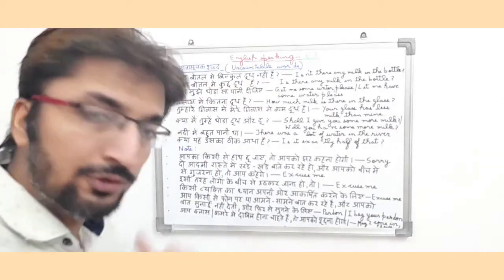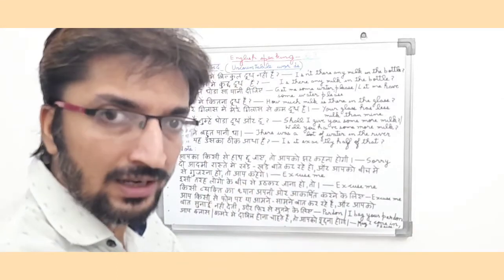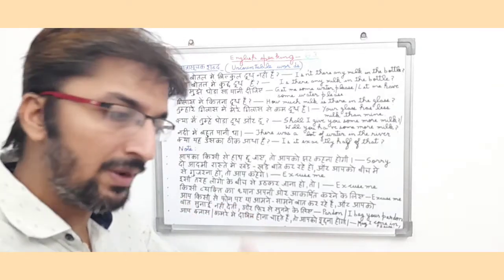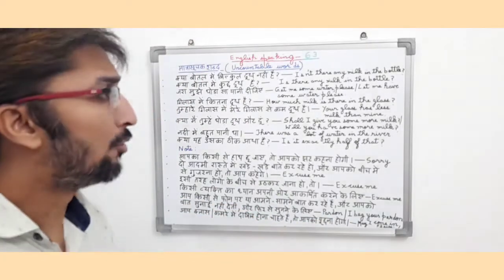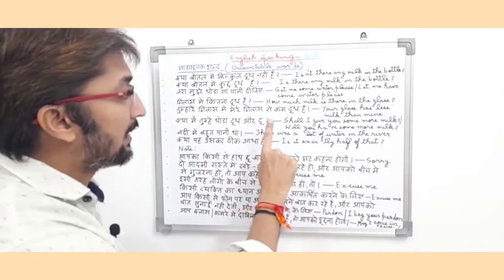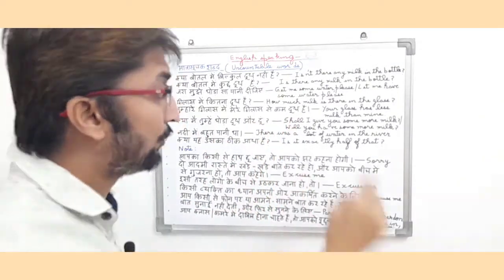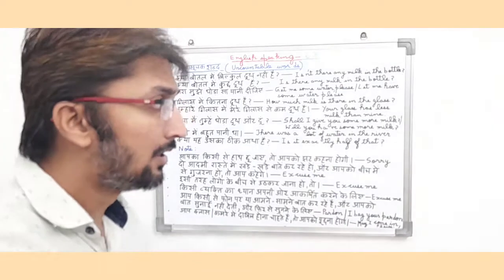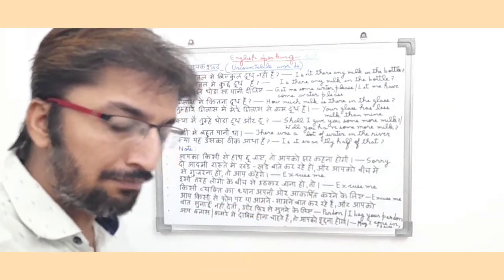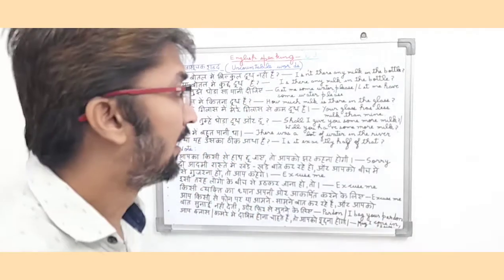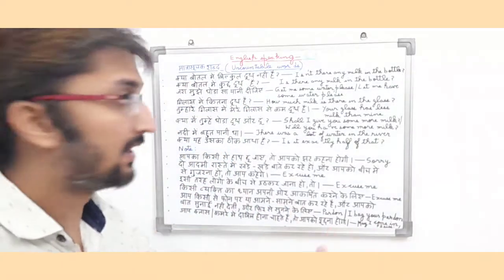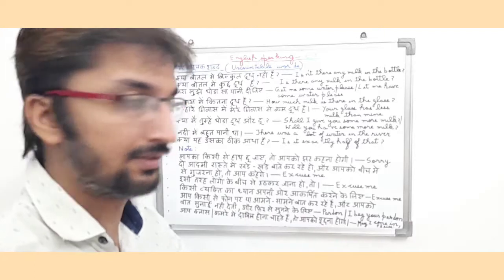So there is no fixed quantity of milk in both the glasses. There may be milk or may not be milk. So both are being compared. So friends, it is an uncountable words. तुम्हारे ग्लास में मेरे ग्लास से कम दूध है. So in English it means your glass has less milk than mine. So friends, it is a present perfect tense, and it is basically comparison sentence and uncountable words sentence.